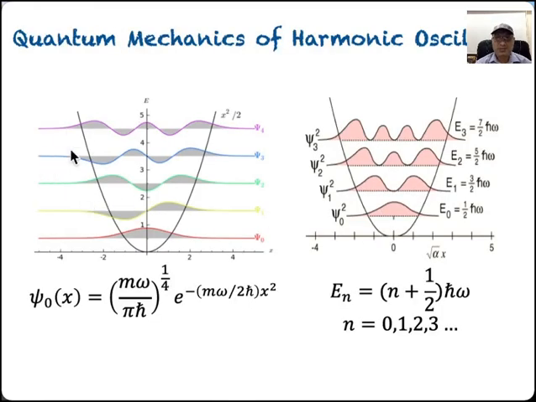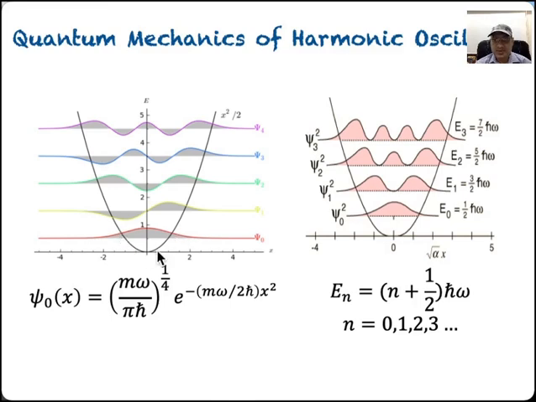Now let me plot, once I know the general form of my wave function. So here is my psi 0, which I have plotted in the form of a Gaussian, and this is the first one. It has one node, as you have also seen in the case of particle in a box. As you increase the value of n, you start seeing that they have more nodes in between, and these are the probabilities. Now one of the important observations you could make immediately is that the wave function extends beyond the